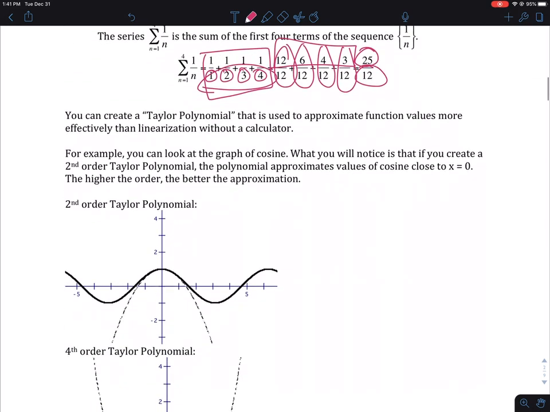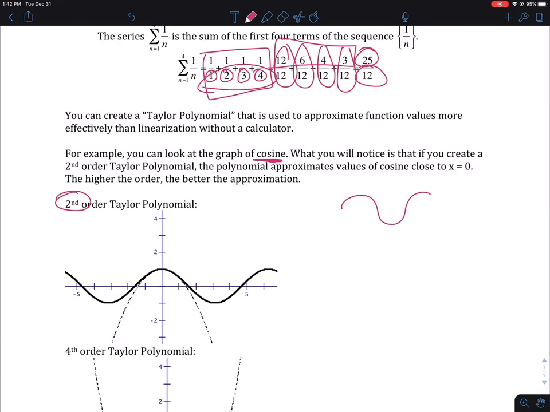Let's look at cosine alone as an example. You know what the graph of cosine looks like. It looks something like this. The dark line will be my actual cosine curve, and the dotted line will be my Taylor polynomial. If I create a polynomial of a second order, and we'll talk about how you create a second order and a third order in just a second,